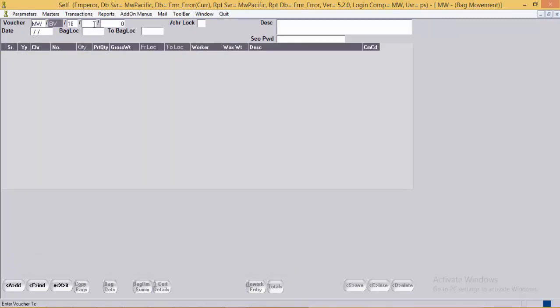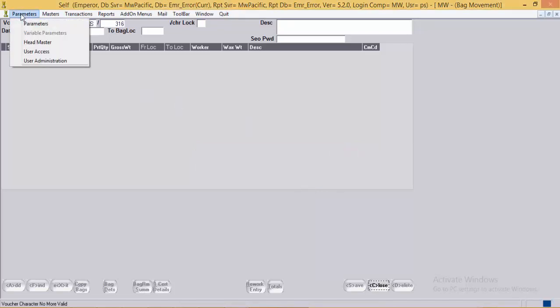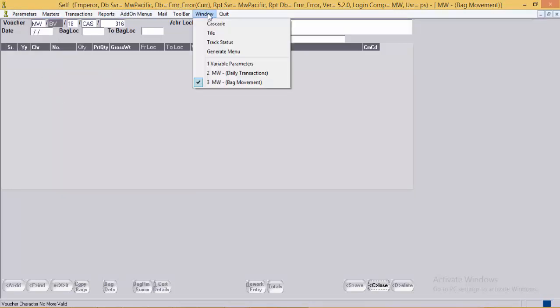The character series will be casting. The system is saying that the voucher character is not more valid. We'll make this voucher character valid.